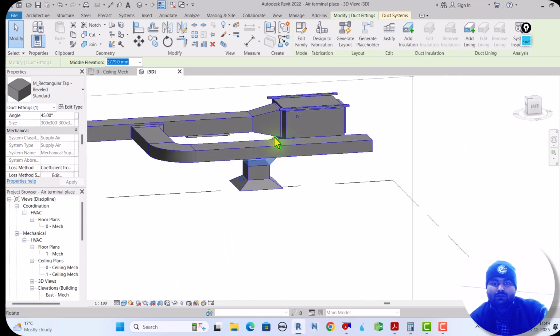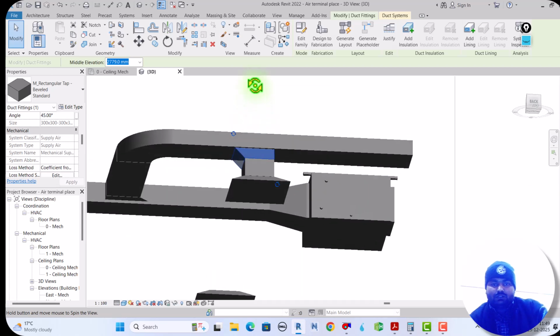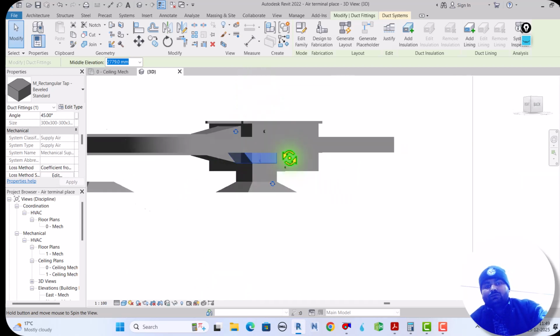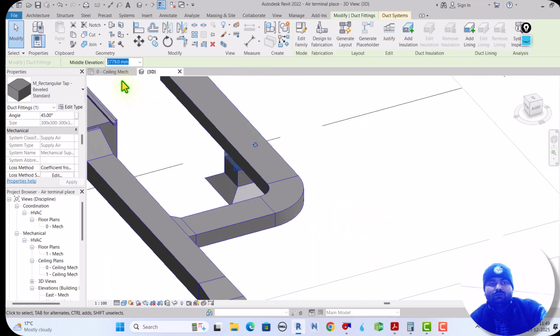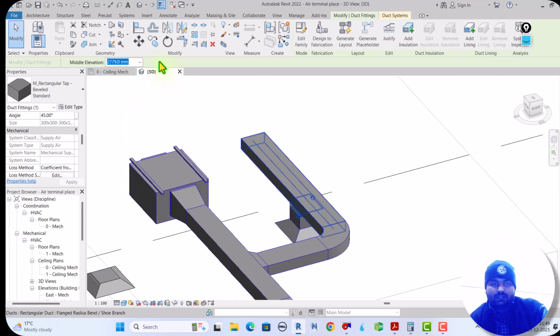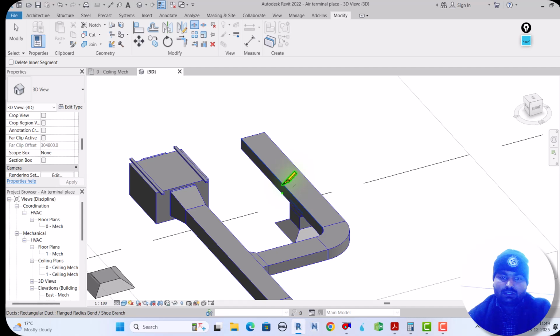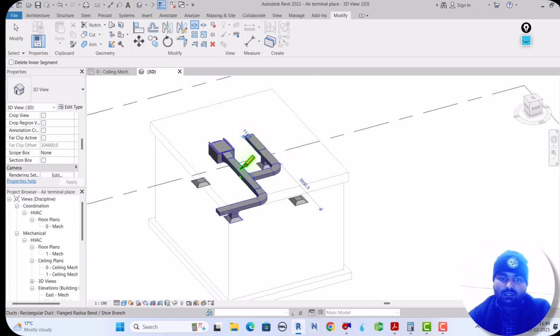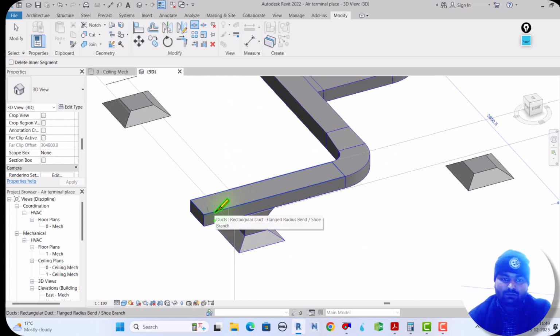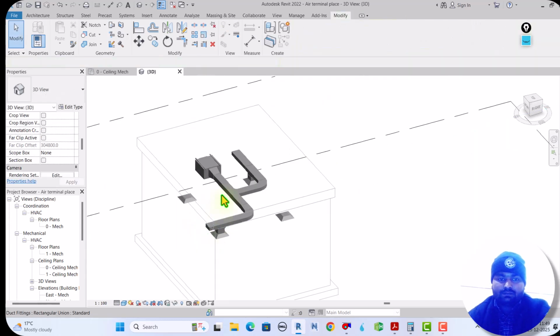Okay, so rotate this, now it is good, see. Okay, this is extra thing, right? So we can split this one, and also this extra thing we can split and delete,